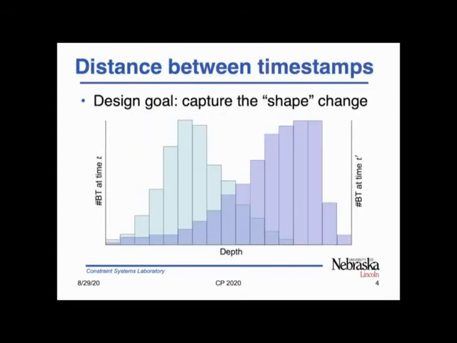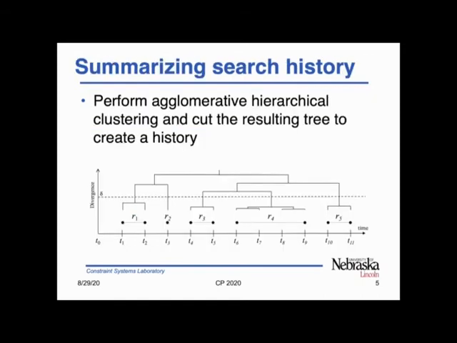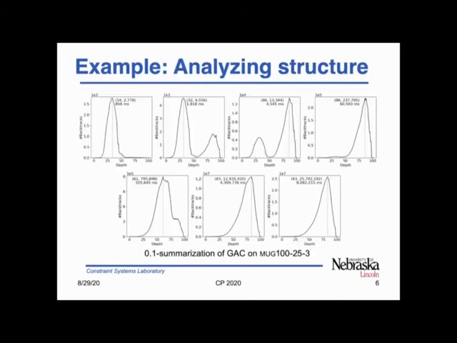Our distance metric is based on the Kullback-Leibler divergence, or KL divergence, and aims to capture the change in the shape of the BPD. We then use this metric to perform agglomerative hierarchical clustering. We start with the samples, and then we successively build up a clustering tree and then cut the tree at a user-defined detail level. We are able to use this summarization process to find a structural issue in the MUG